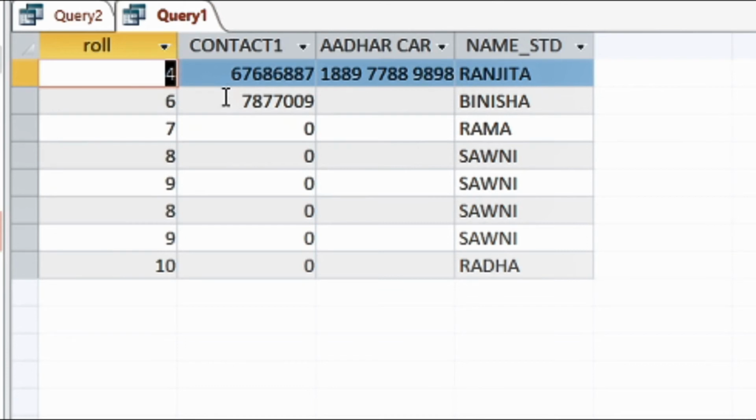Take for example, if I take roll number equal to 8 or roll number equal to 9, in that case you can see we have two records with roll number 8 and two with roll number 9. So if the criteria was equal to 8 or 9, it would have shown us those records. But this time it is showing no records because there is no such record in the table with roll number 2.